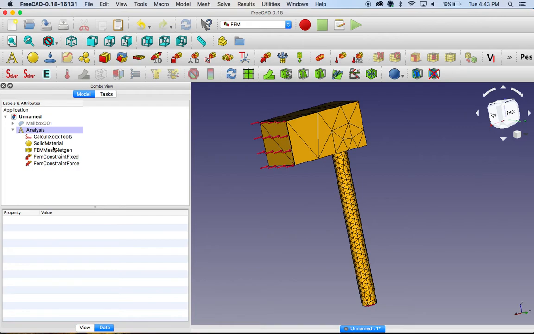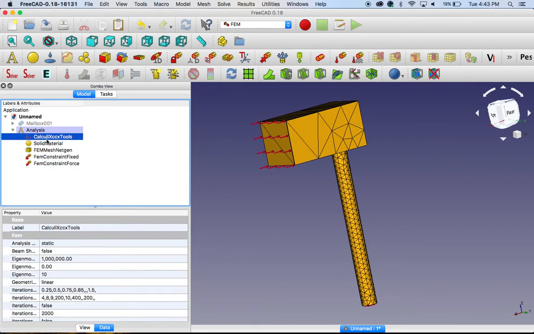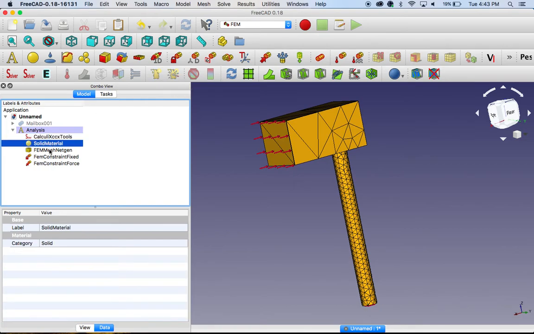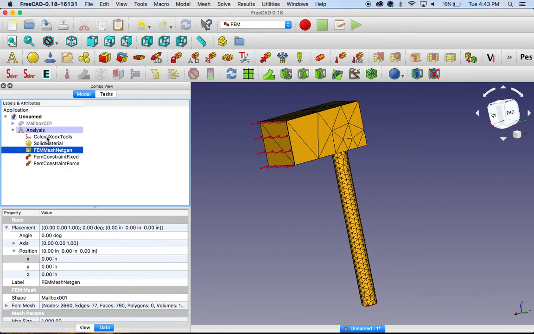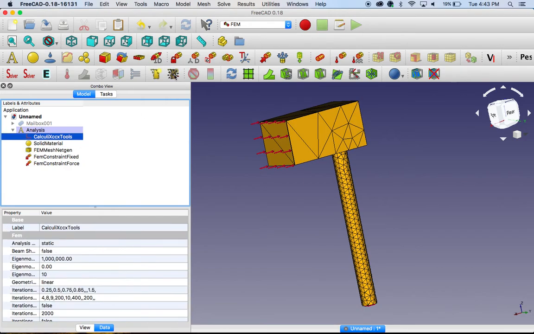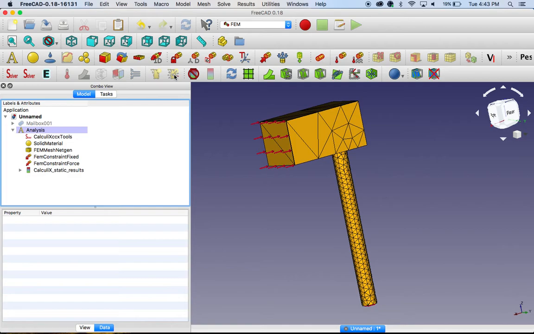And all you need to do is come down to where it says Calculix Tools. As soon as you click on Calculix Tools, you'll notice this option right here appears, which runs the calculations. It kind of looks like a little rod on a yellow paper. If I choose something else, you'll notice that it gets grayed out, so I need to choose Calculix Tools. Then I click on that and I simply wait. So that was pretty quick. Sometimes you get the spinning wheel, but this has run, and I have my results down here, my Calculix